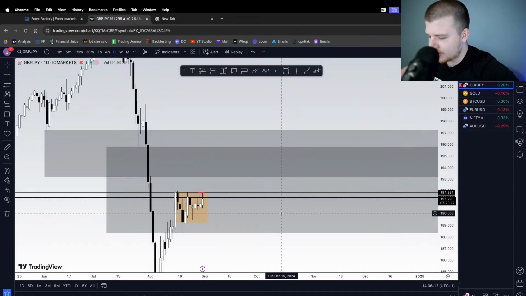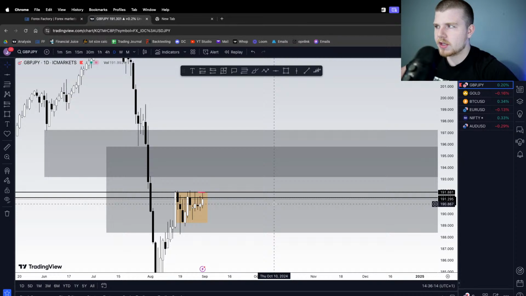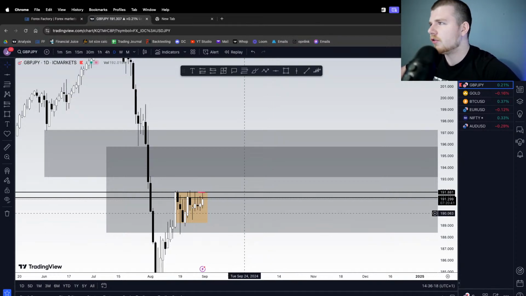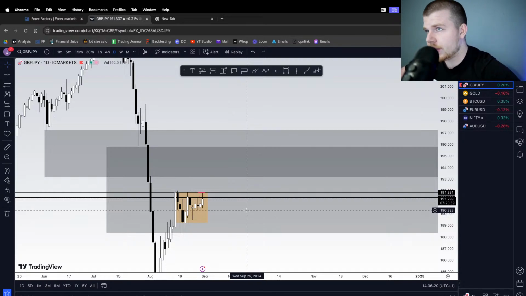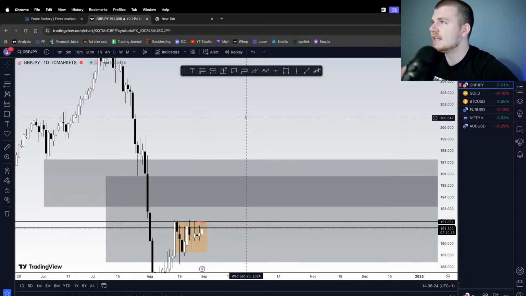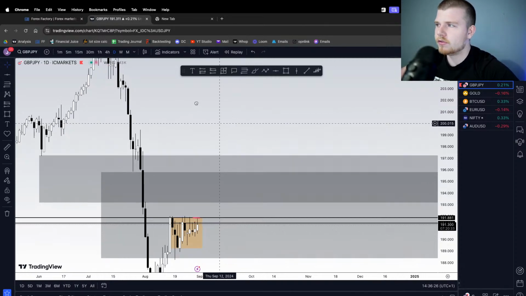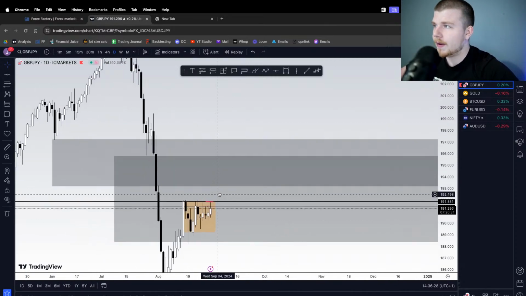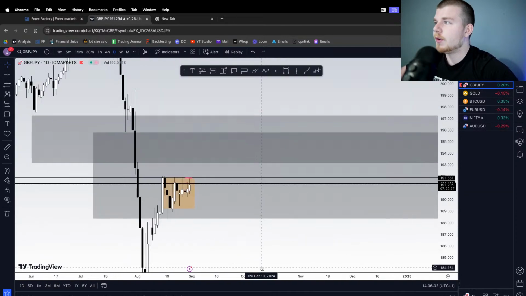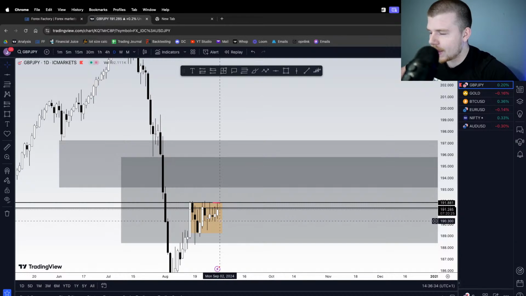That would be best case scenario, and that's what basically I look for in every single cycle of AMD. Manipulate into a fair value gap, respect the fair value gap, and then we take that trade. So that's exactly what we'll be looking for on the higher time frames, and that will give us our bias. We can also take a swing trade as well. We can take that trade to the downside. We could also use that as our bias as well. So that's what's going on the higher time frames.